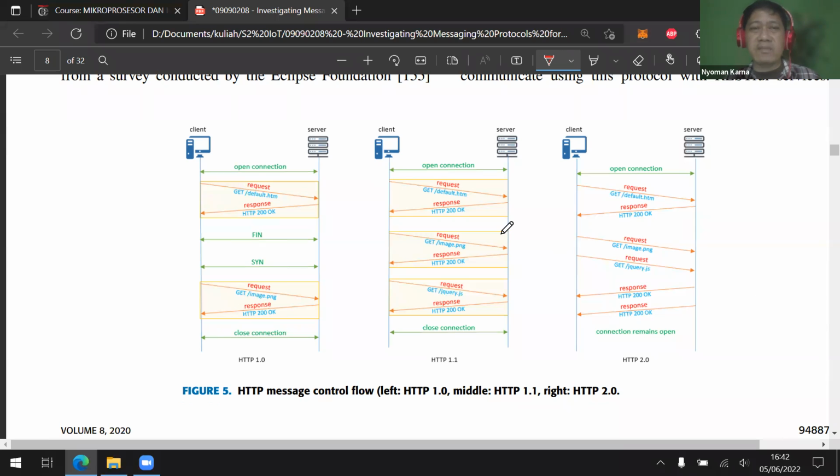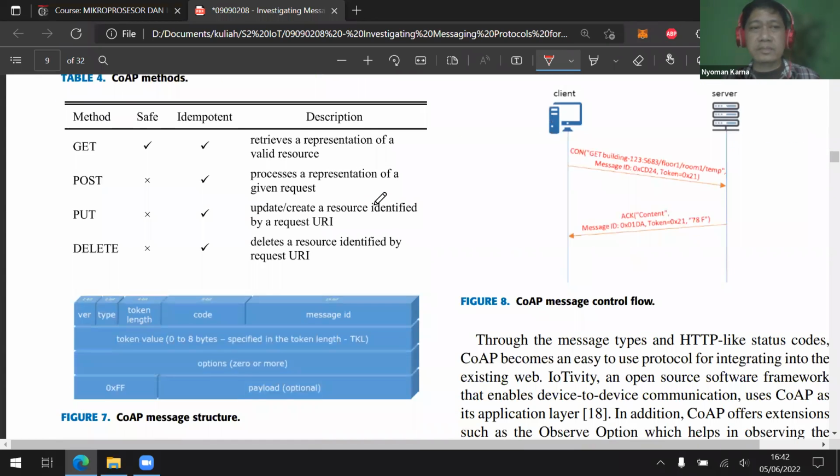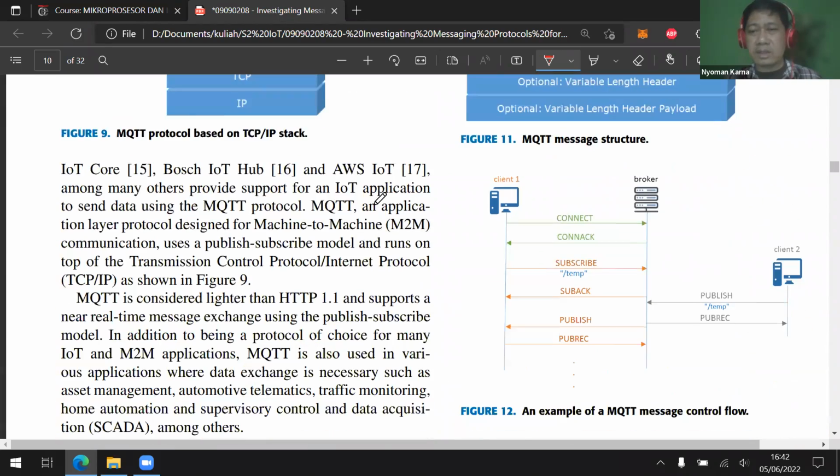However, if we need lots of data producers and lots of data consumers, then we can use MQTT. Okay, where is the MQTT? Okay, this one. In MQTT, we need to have one additional node, which is called the broker.